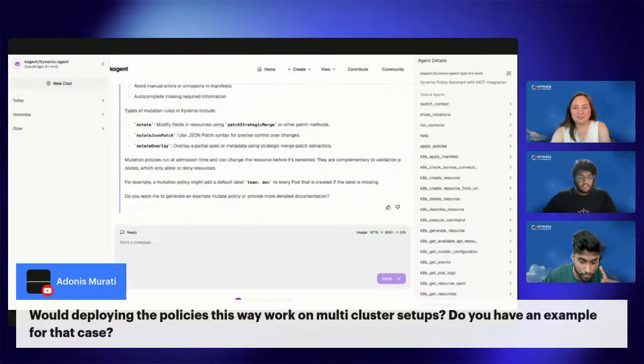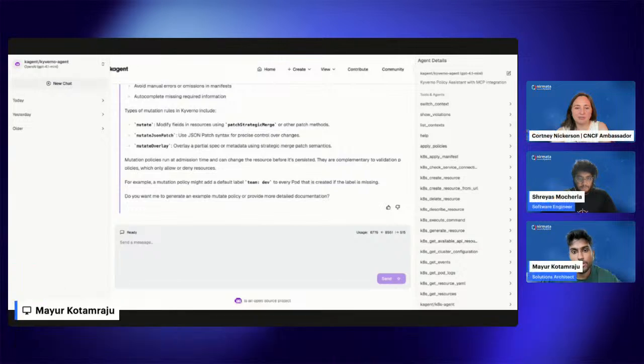Yeah, so to quickly answer that, yes, you can definitely work on a multi-cluster setup, especially if you have the MCP server running on the host and not on a cluster itself. That way, it basically has access to multiple clusters, accessed via your kubeconfig file. And we'll talk about it more as we get into the other slides. Great. We're looking forward to the next step. I'll pass it back to the both of you to keep going.